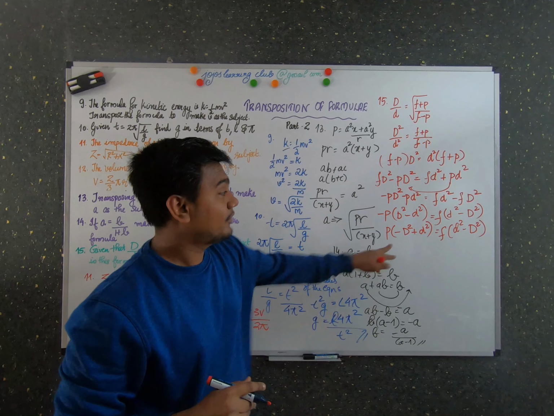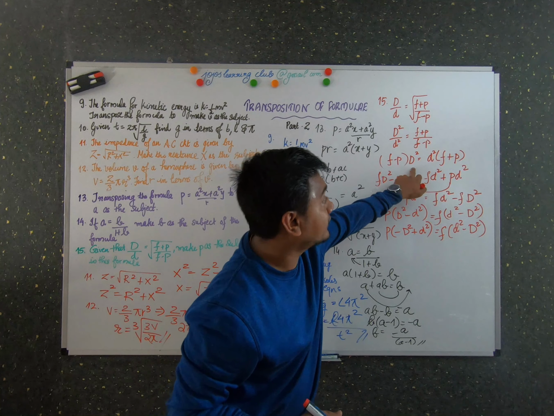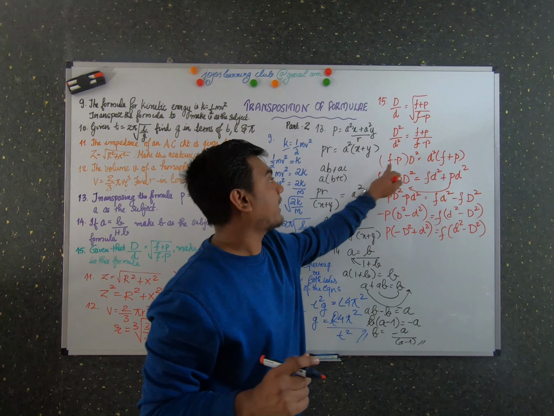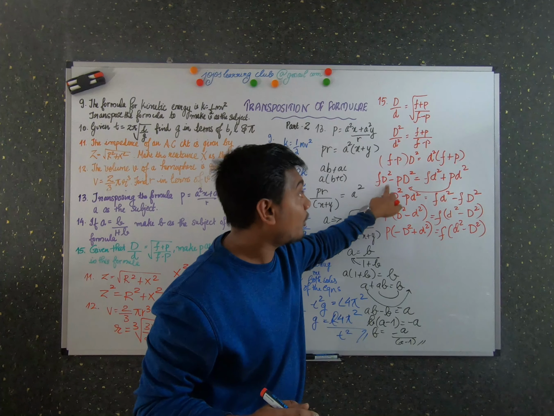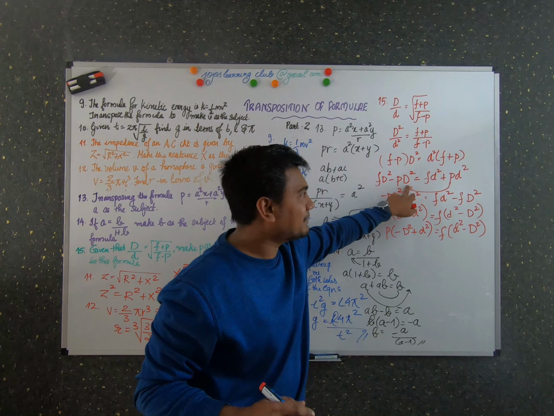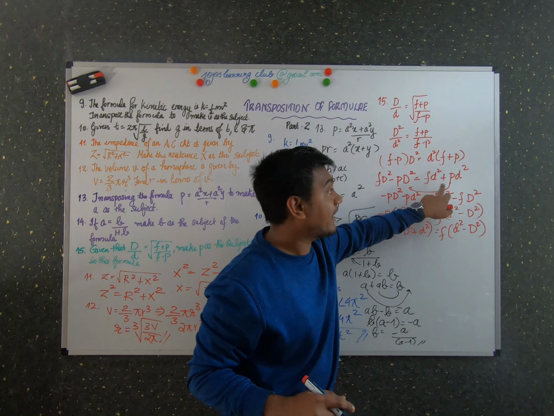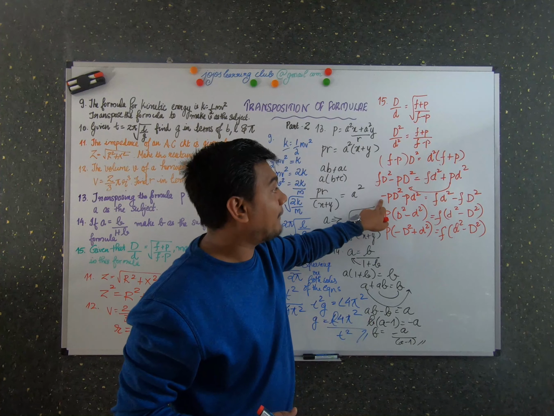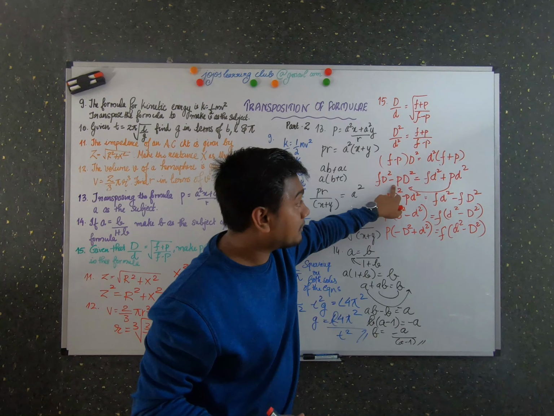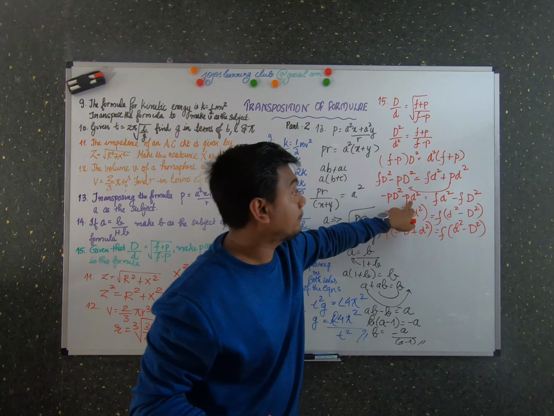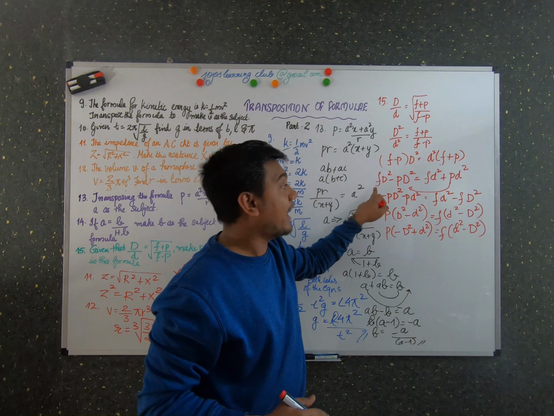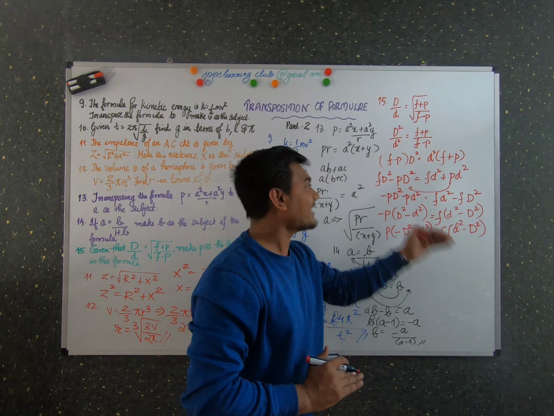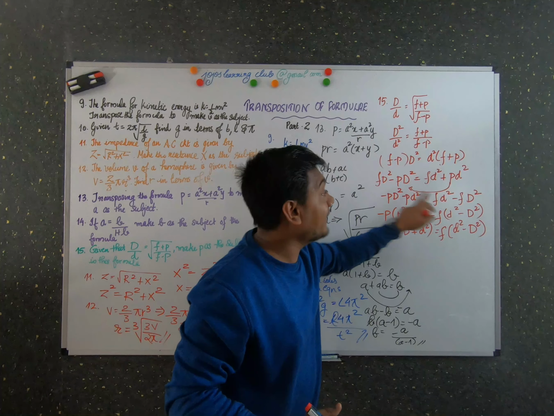Is it right? You can see that (F minus P) into D square is equal to d square into (F plus P). Then what have I done? I have just opened the bracket. So F into D square is FD square, minus P into D square is minus PD square. D square into F, that is F into d square, and d square into P, that is P into d square. Now what happens? Minus PD square, I kept it over here. Then I took this minus PD square to this side of the equation. And then what did I do next? I took all these variables without P onto the other side of the equation. So I have D square minus F into d square.